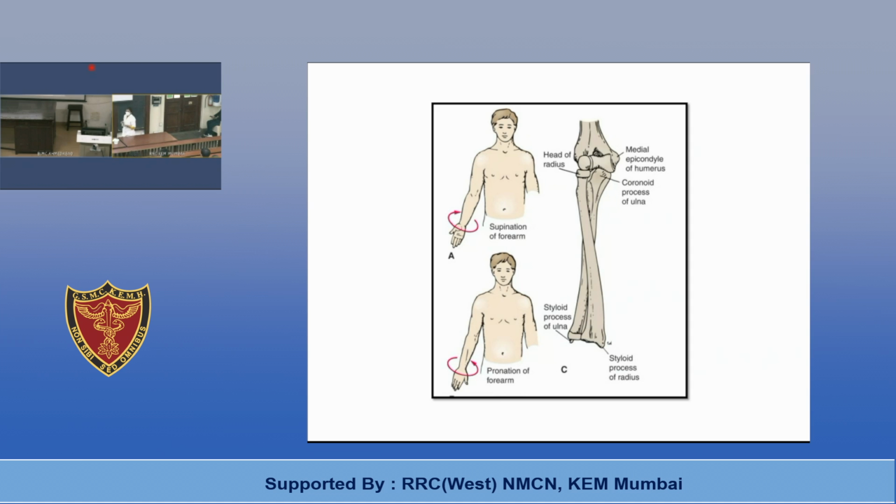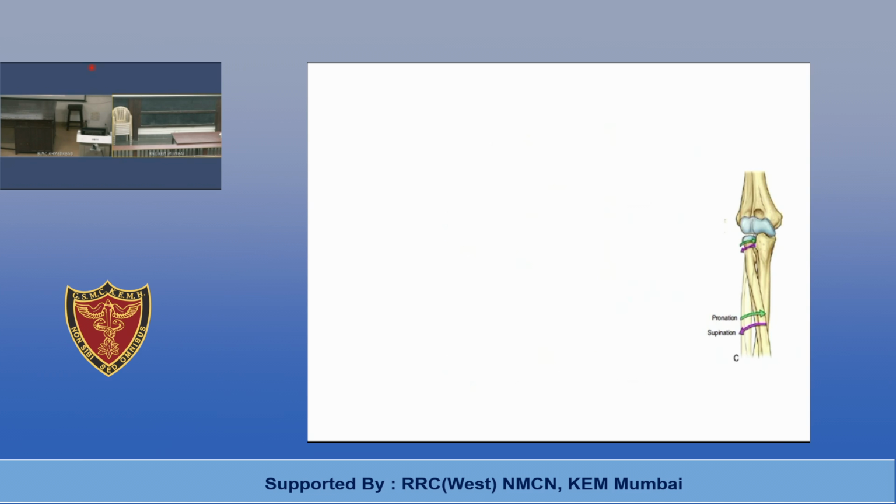So to avoid confusion, whenever you demonstrate the medial and lateral rotation of the shoulder joint, your elbow should be flexed. If you move your forearm like this, it is medial rotation, and if you move it like this, it is lateral rotation. To avoid confusion with supination and pronation movements, this is just for depiction. So while demonstrating rotation of the shoulder joint, you should keep the elbow flexed.